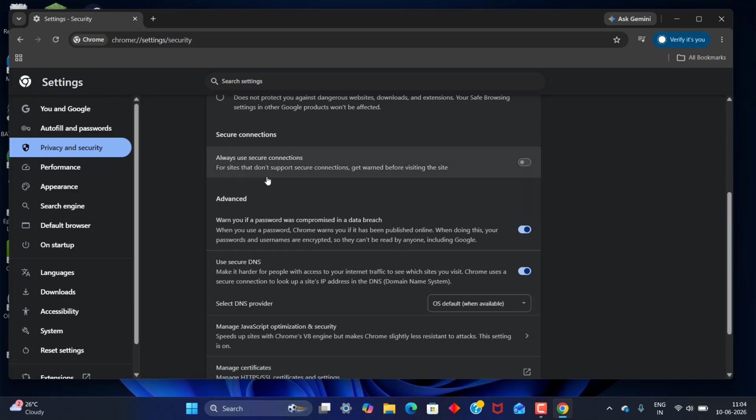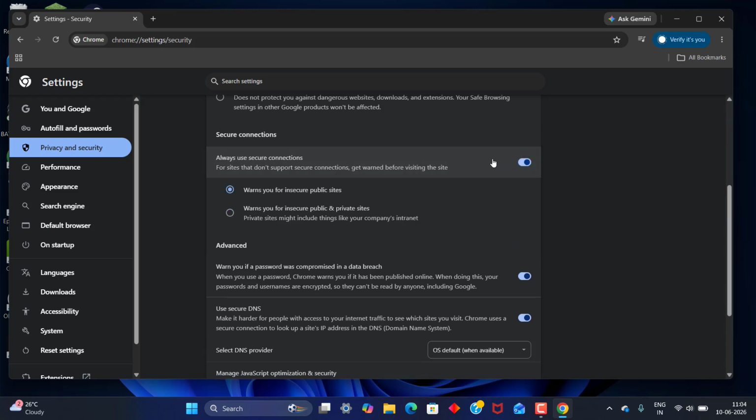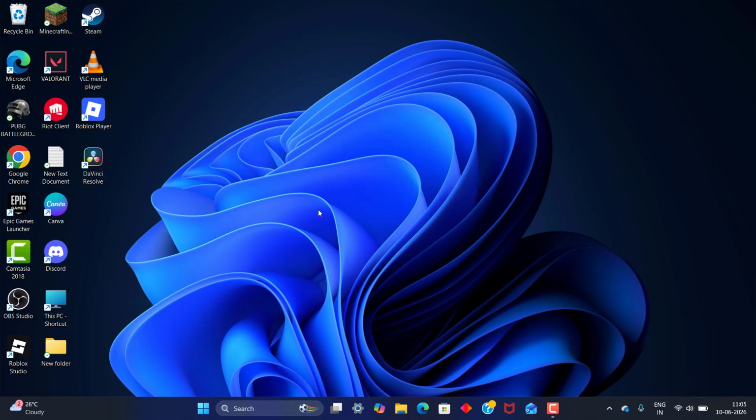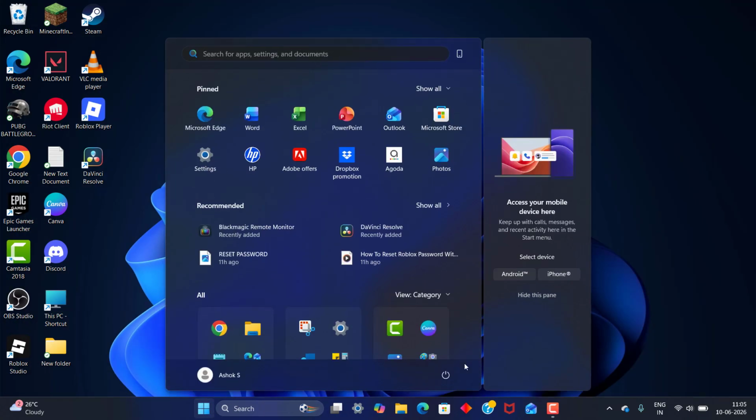Sometimes for sites that do not support secure connections, you get a warning before visiting the site. So for this you can turn it on. It's a security setting, so it's an important setting too. You can turn it on. It's secure for your device. So it depends on you. You can enable or disable it, and once again check it. So this is how to fix your